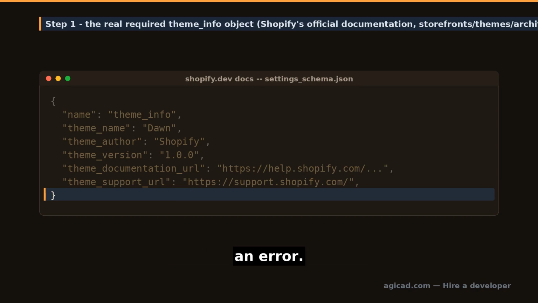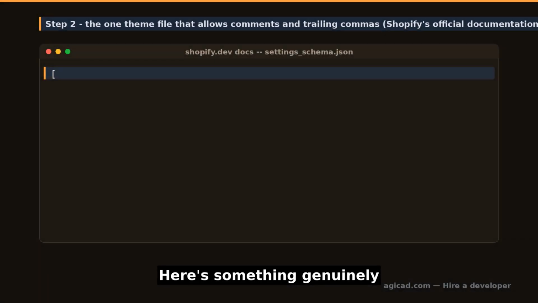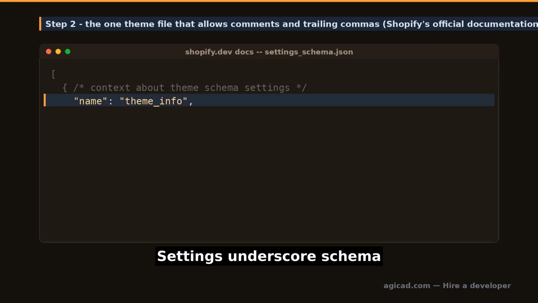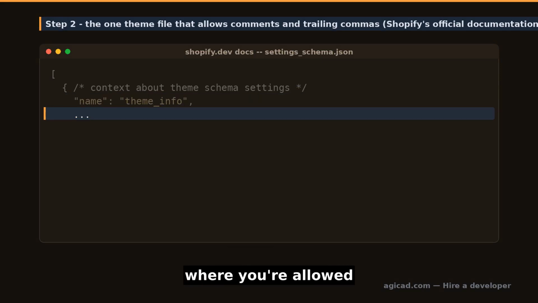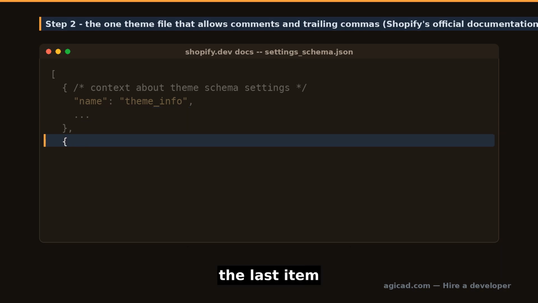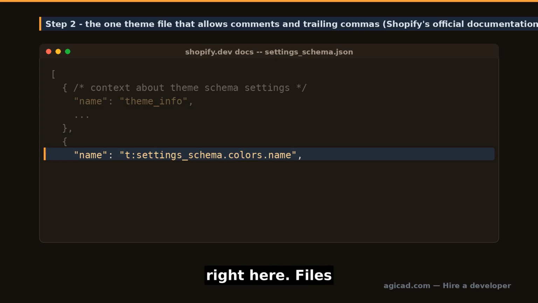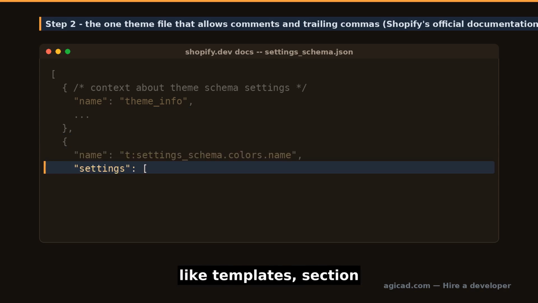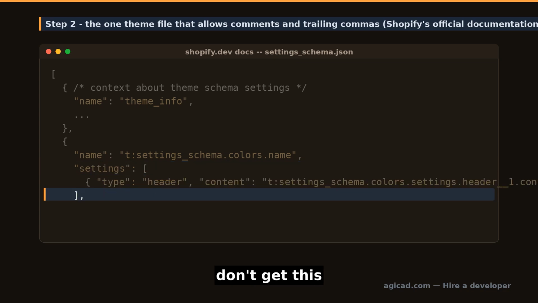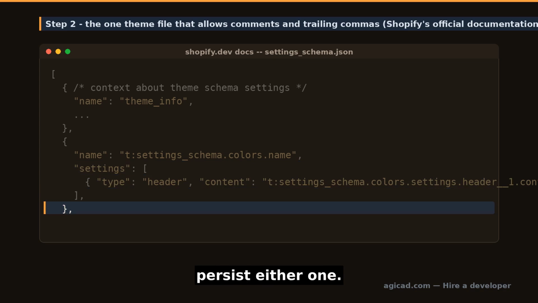Here's something genuinely unusual, straight from Shopify's own docs. Settings_schema.json is one of the few theme files where you're allowed to write real /* comments */ and leave a trailing comma after the last item, both shown right here. Files merchants don't hand edit, like templates, section groups, settings_data.json, and locale files, don't get this privilege and won't persist either one. And notice the category name itself,